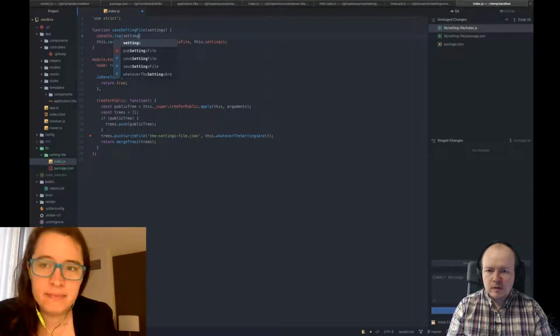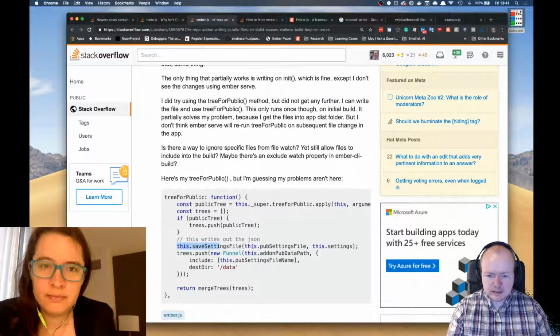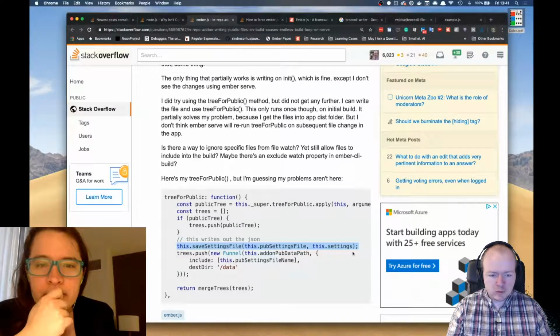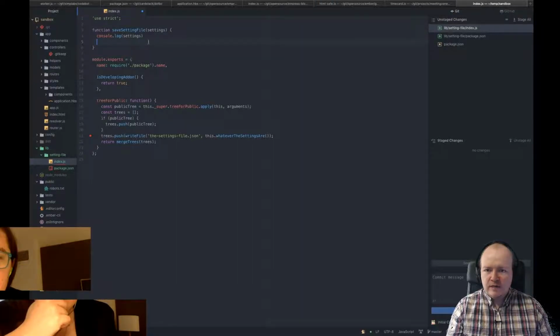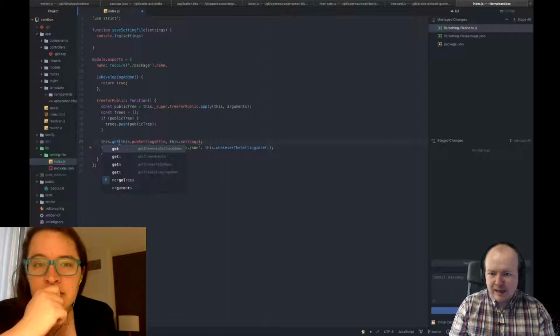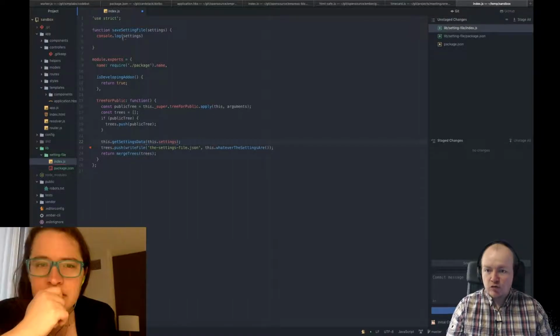The difference that I would say, the way that it's written in their code here, this saveSettingsFile, and then it's trees.push a funnel with that file in it. Dest dir data. That's interesting. Instead of this thing saving the settings file, it should really be getSettingsData, and it should return